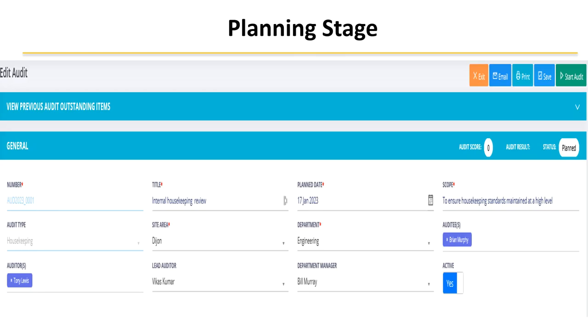The planning stage is really important. You can create any number of audits and you put in a plan date for the audit, and this will then populate, if you like, a calendar which will show you how many audits you have to do in the next quarter or next 6 months, and you can see how many audits are overdue at any point